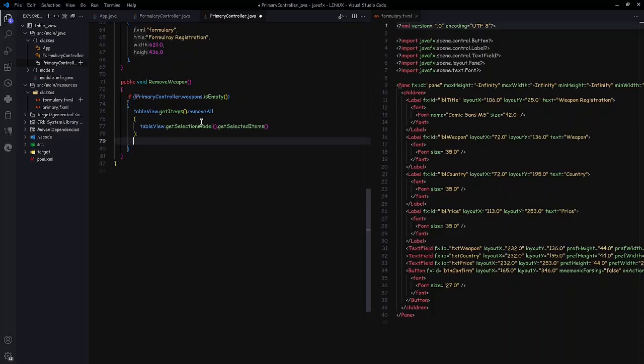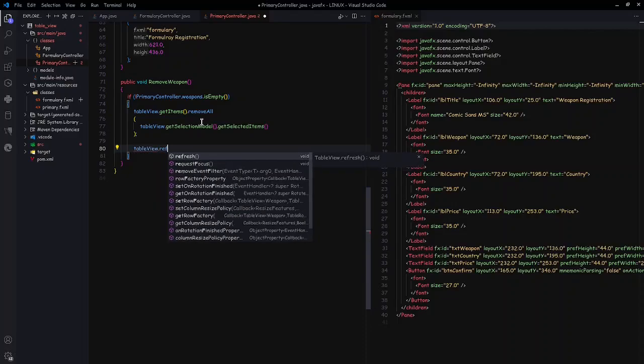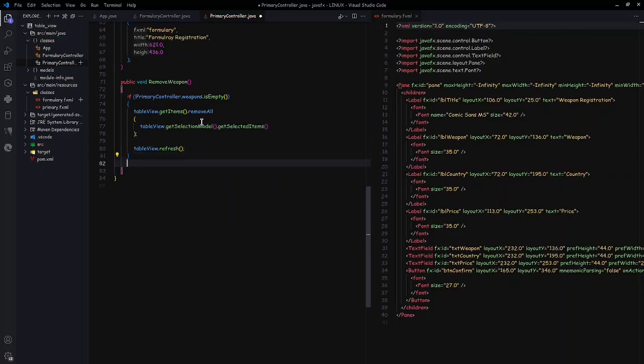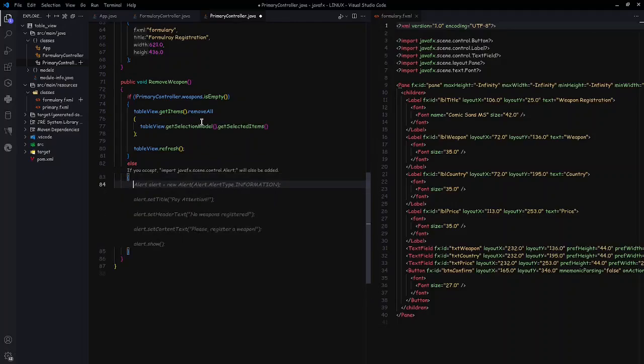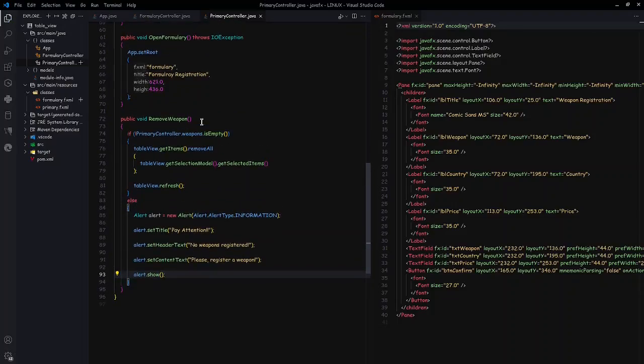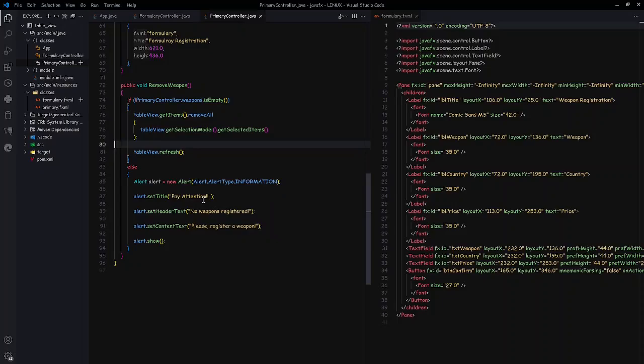So once I made that, I need to refresh table view, and here the else case is what happens if you want to remove from an empty record table. So an alert of type information will be displayed. So pay attention: no weapon registered yet,